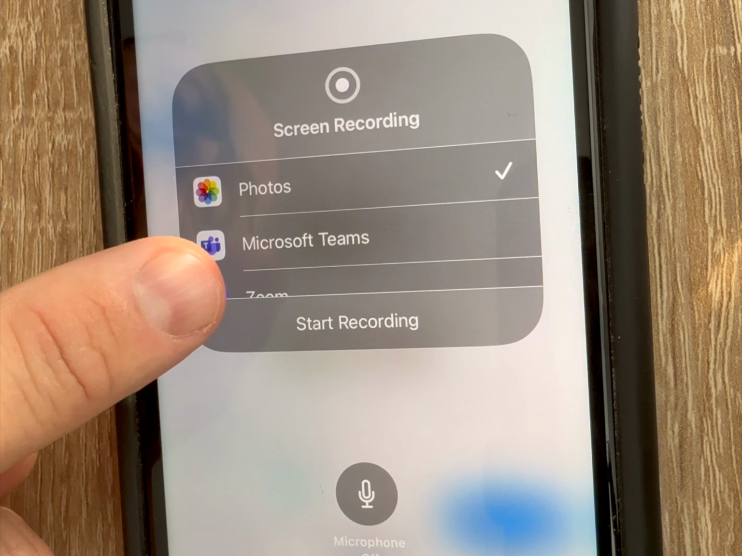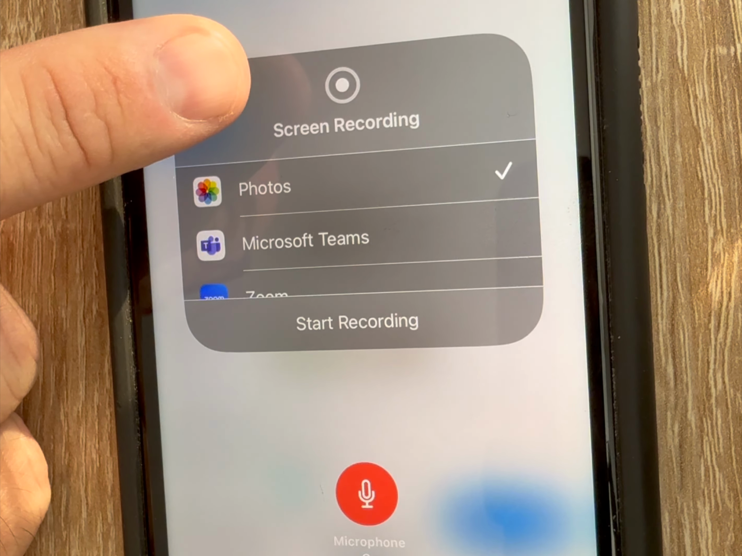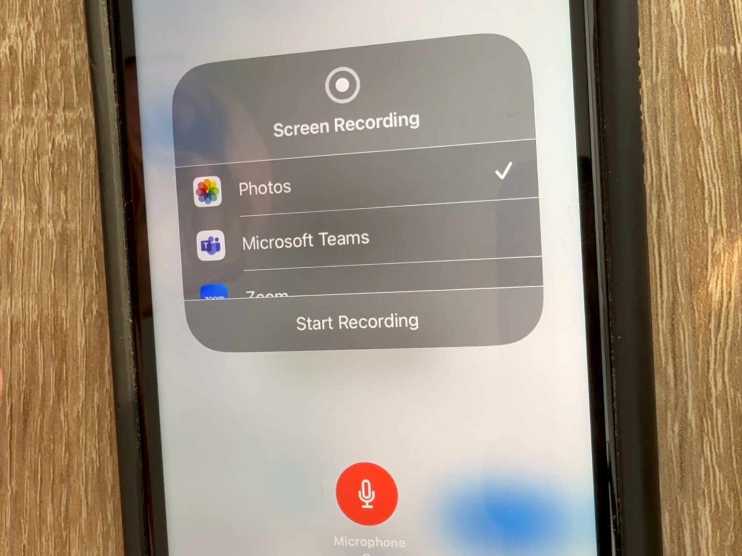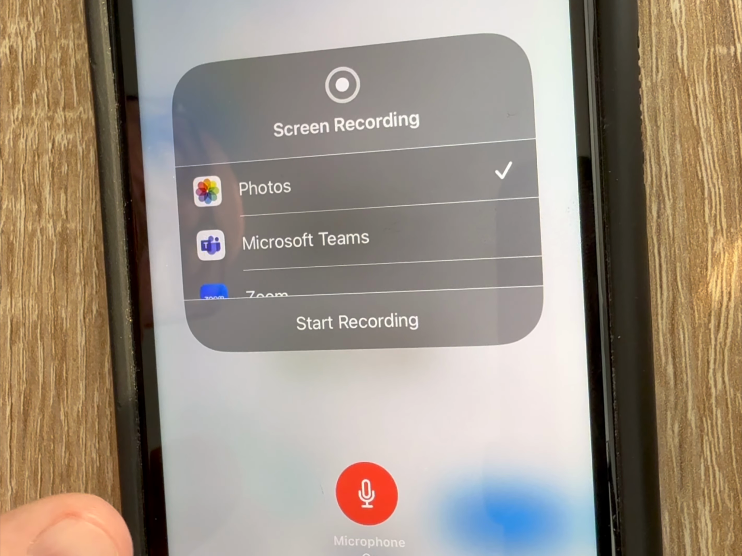And before you start recording, you got to make sure where it says here that the microphone is off. You touch that and turn it on, it'll turn red. So that way, when you start the screen recording by touching here, record it with sound and you can talk to it. If you don't do that, you're going to record your screen and the audio track is not going